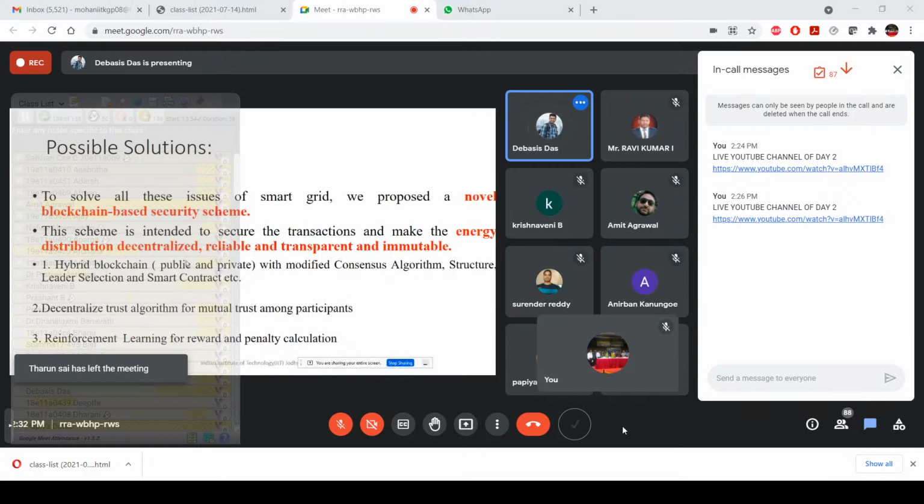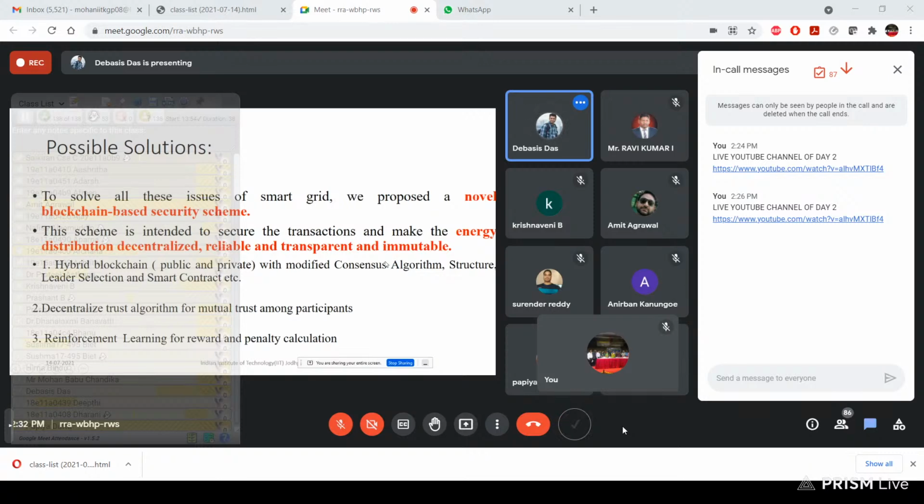Okay, but we don't disclose whose information it is. I mentioned it is, for example, house number 1 or some identity, not disclosing confidential information or privacy-related issues. So what are the possible solutions? We can use public and private based blockchain techniques, as well as modification of the internal structure of the blockchain,